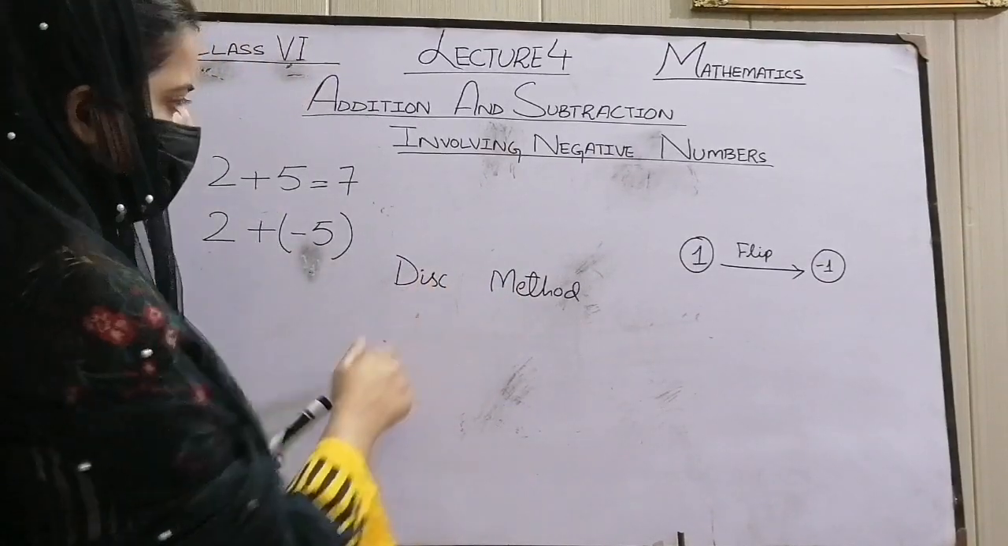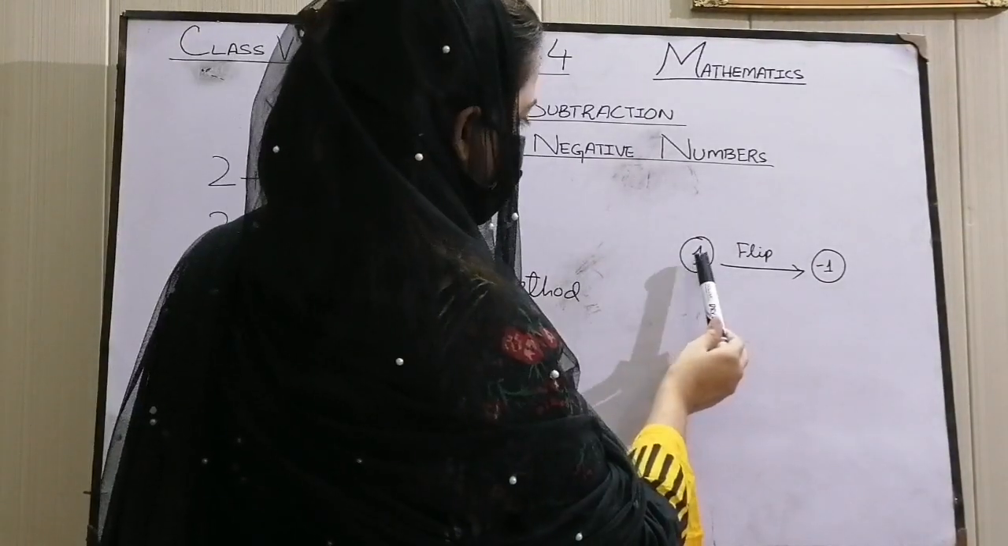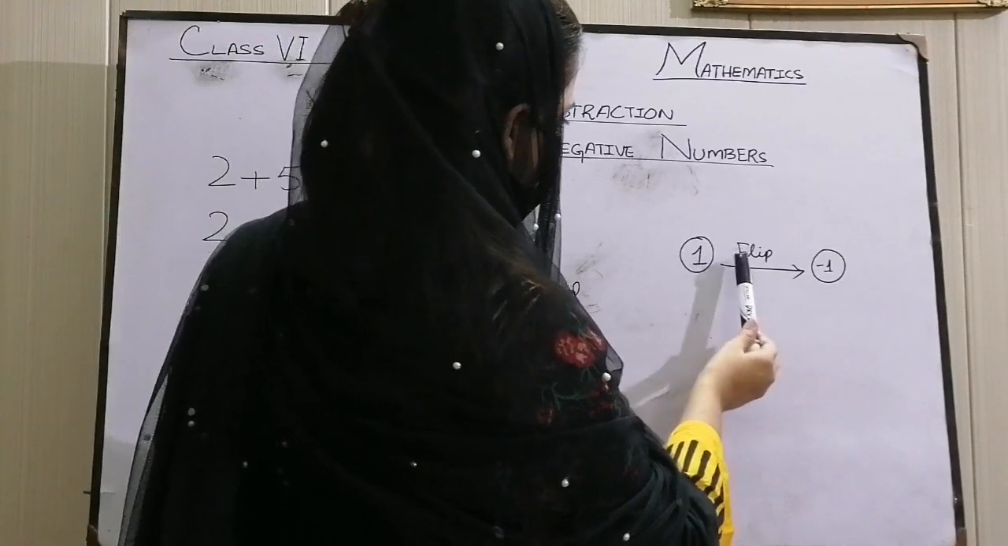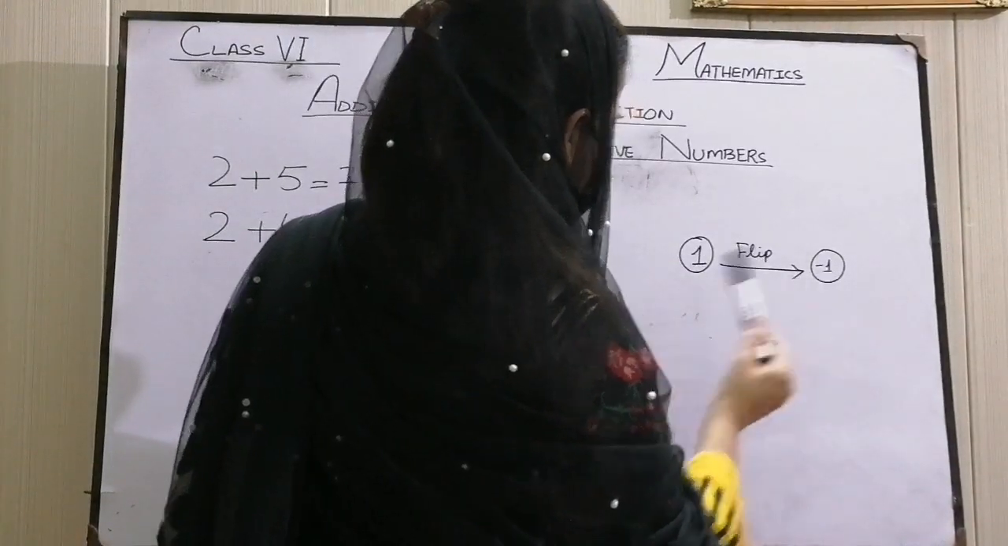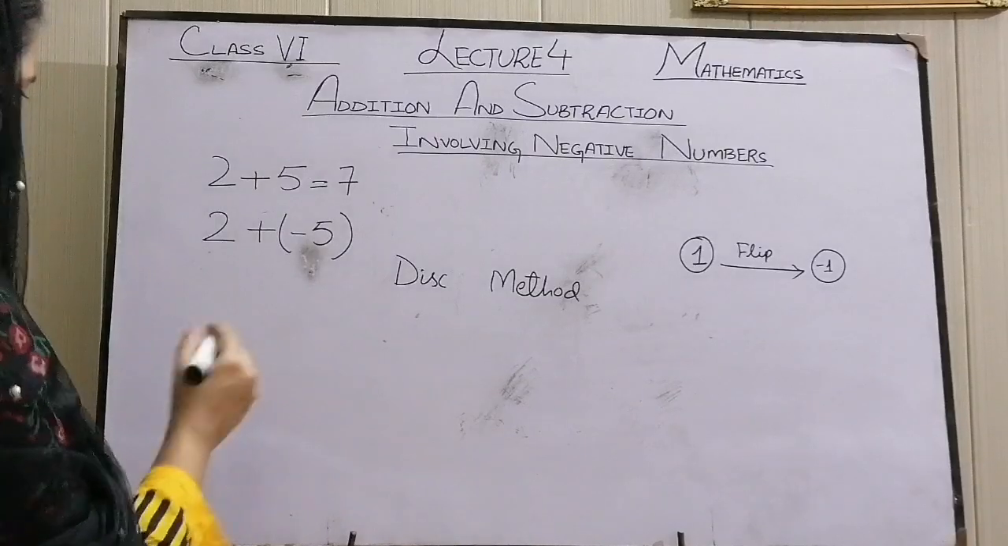We call this the disk method. Let's say we have a disk, it has 1 on it. When we flip this disk it becomes minus 1. For 2,